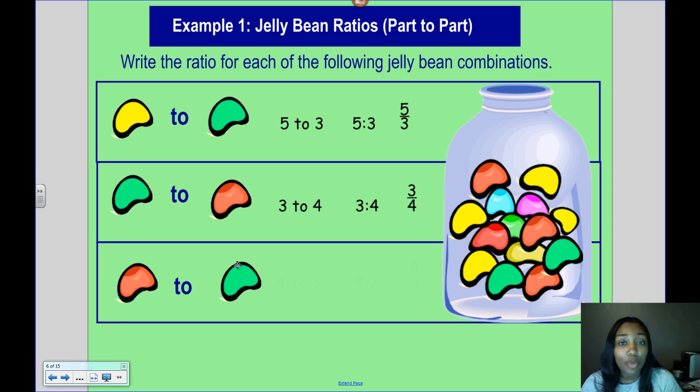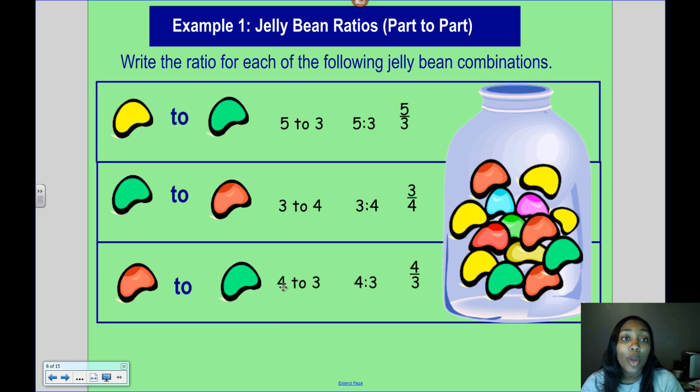And back to what I was saying about order, how order matters. So in this example, the green is coming first and the red is coming second. Well, here we want to compare the red to the green. So the red is going to come first and the green is going to come second. So that has to be reflected in our ratio. We have to show the number of red first and the number of green second. So now, instead of the ratio being 3 to 4, now the ratio is 4 to 3. So you want to make sure that whatever order the statement is in, your ratio is in the same